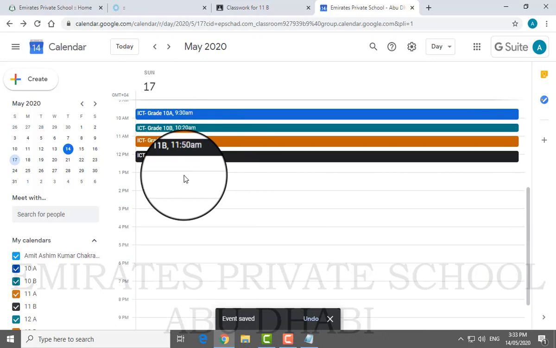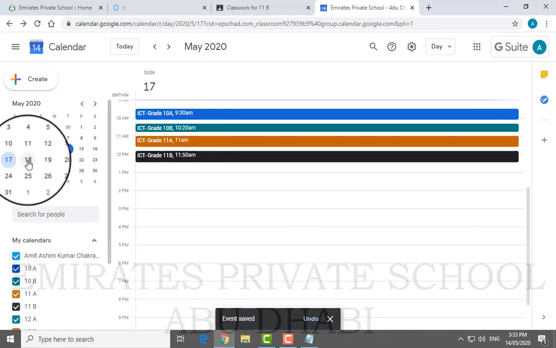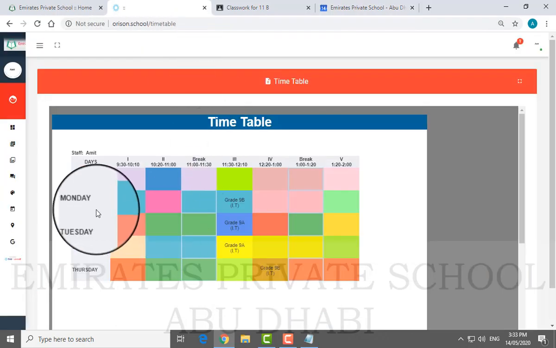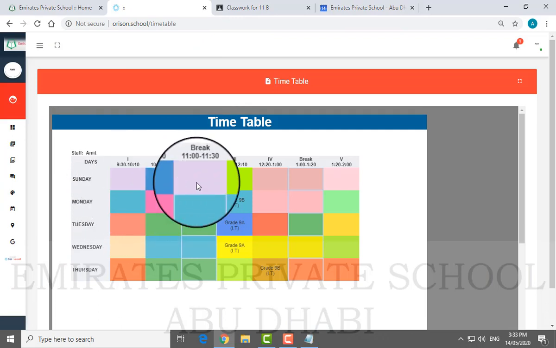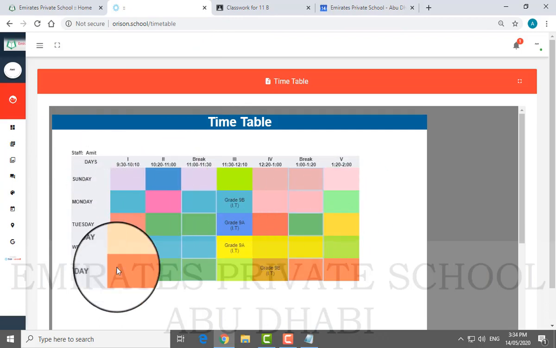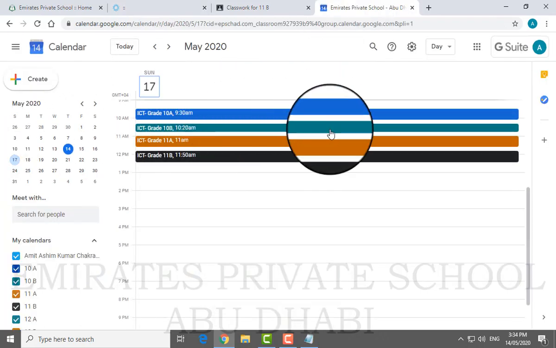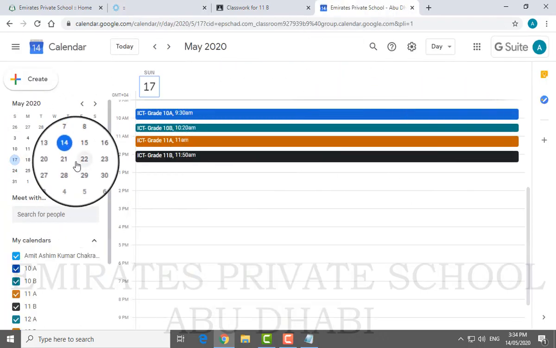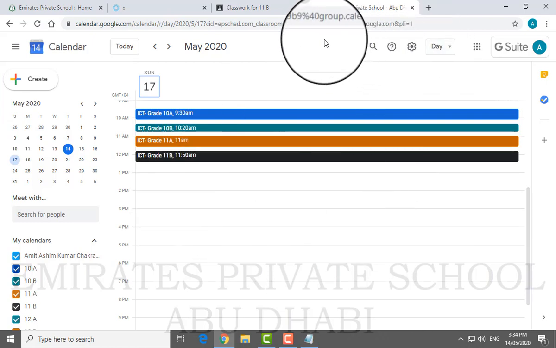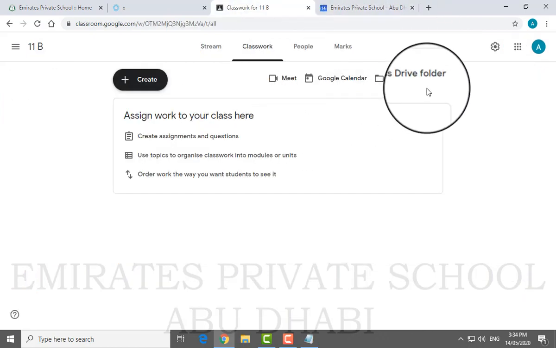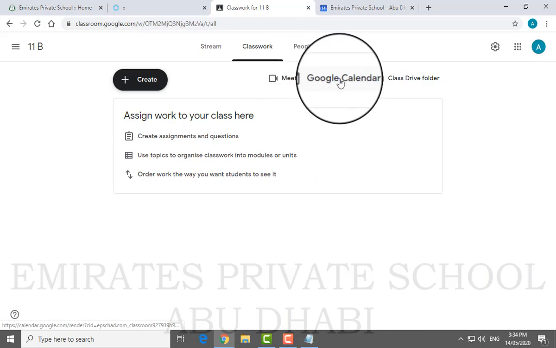Now this is for 17th, then you have 18th. So now this you will be taking it from here, days Sunday, Monday, Tuesday, Wednesday, whatever the way it is, and then you will be synchronizing this over here day wise. Now once you do this particular thing, your classes are set, your meet is set, your calendar is set.